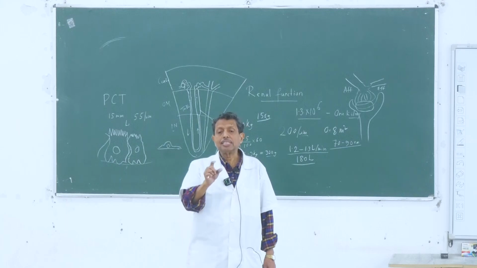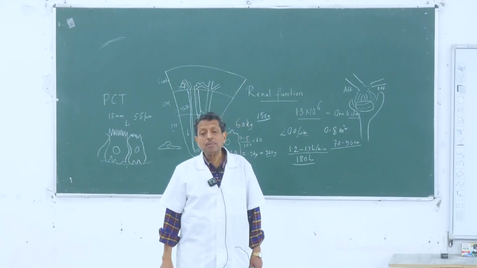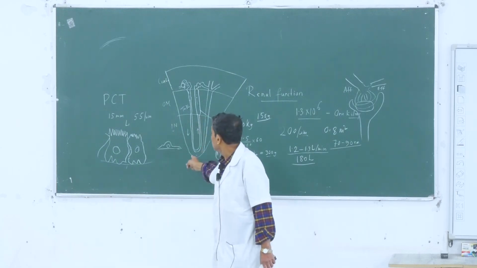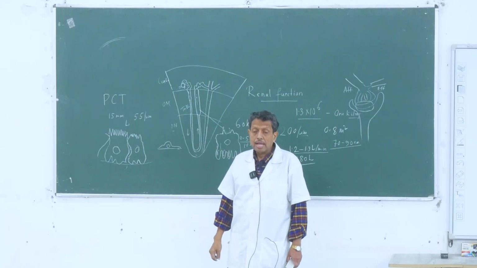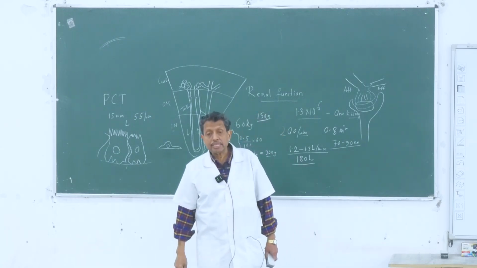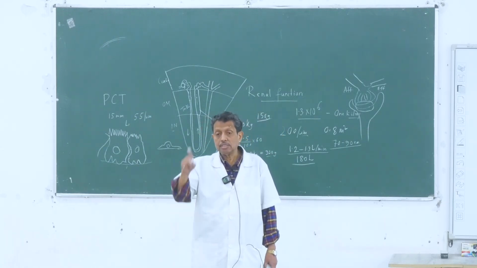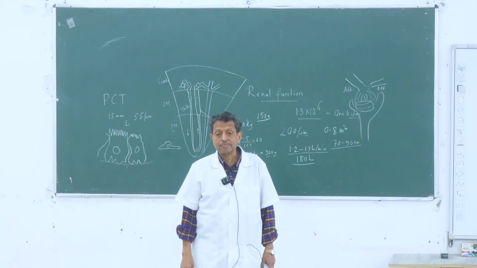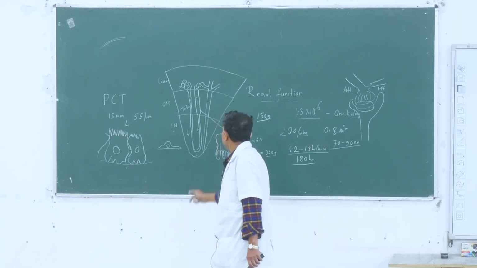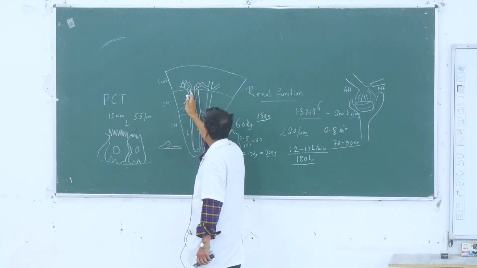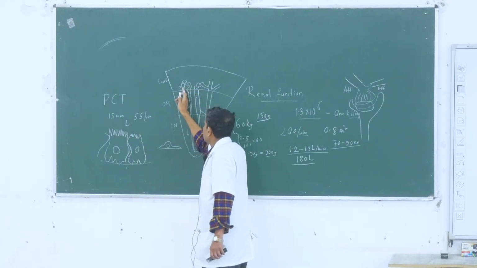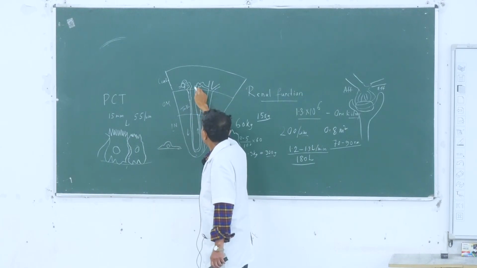The thin ascending limb and thick ascending limb are relatively impermeable to water, and they can transport sodium, potassium and chloride, and maintain the osmotic gradient within the renal medulla. And they terminate at the